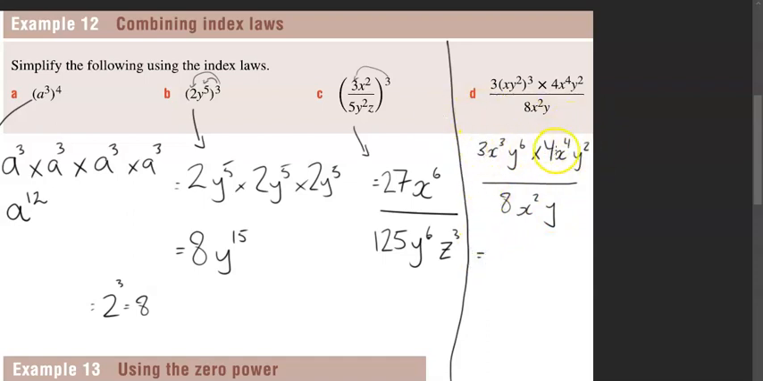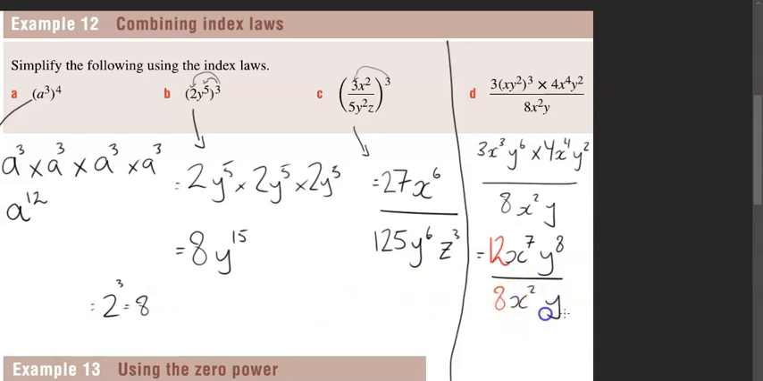We've got a 3 and a 4. Let's do the numbers together. Put that in different colors. We know that this is a number 12. Alright, so we've got the 12. x3 times x4, so we add those powers, x7. y6 and y2 will just be y8, all over 8